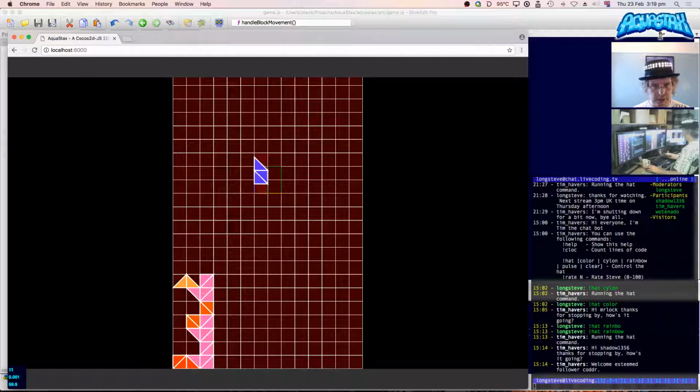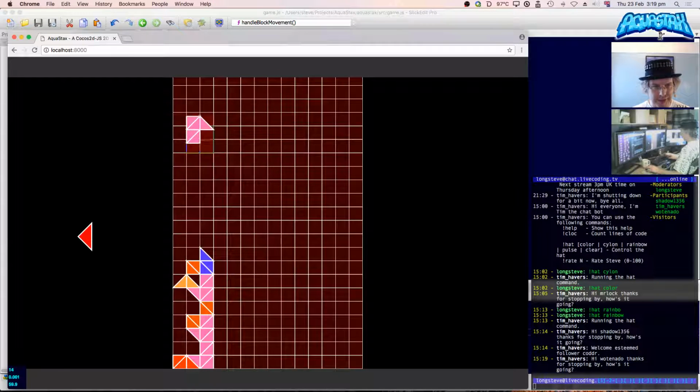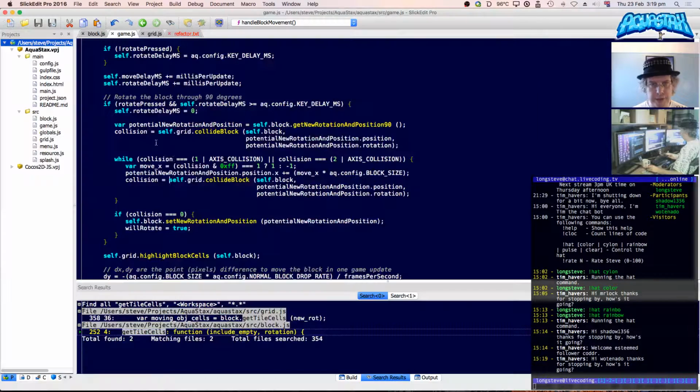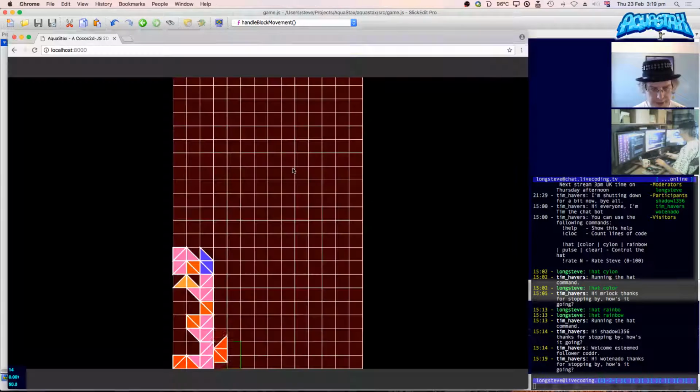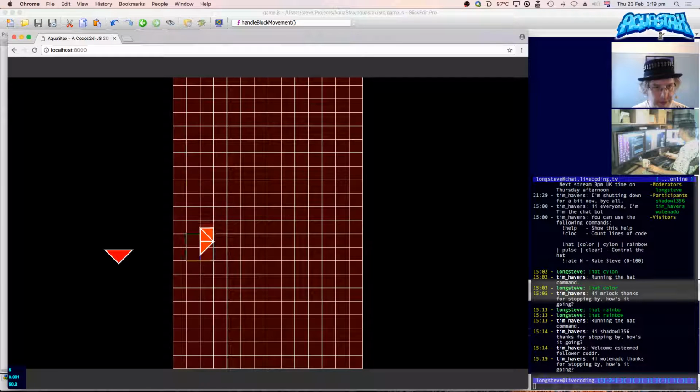So if I make another set of blocks here, hi Wotanadu, good to see you. So that one, block's not going to rotate. That one's no good either. I want this one, perfect. So I can do the same thing as I had on the edge of the screen. I can rotate that block, but it gets stuck at this point because this collision routine isn't actually returning the right values. So it behaves differently whether or not you're on the edge of the screen or sliding down a wall like that.